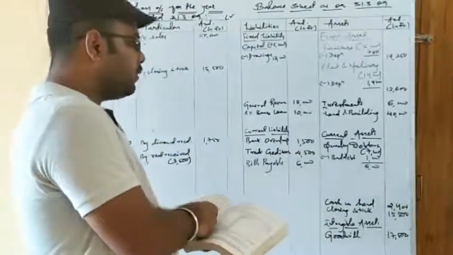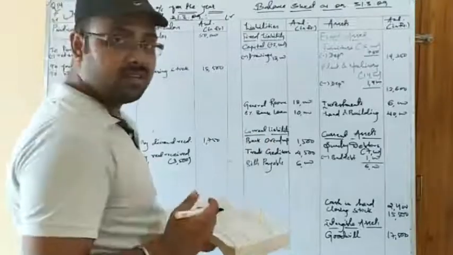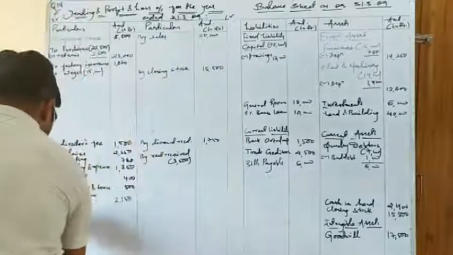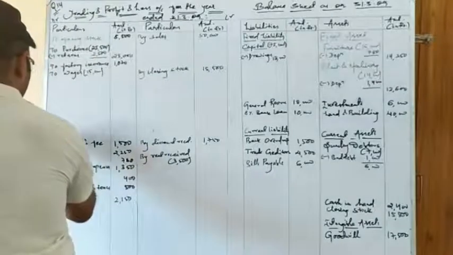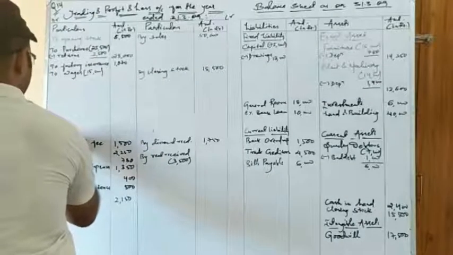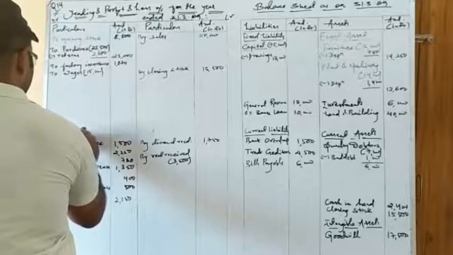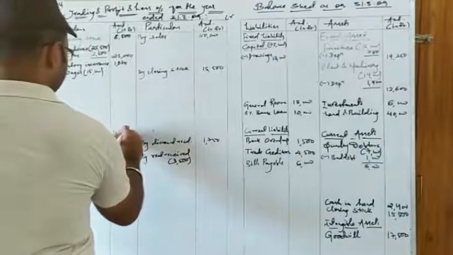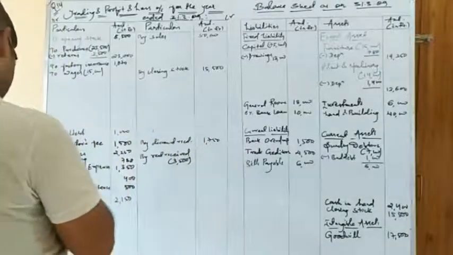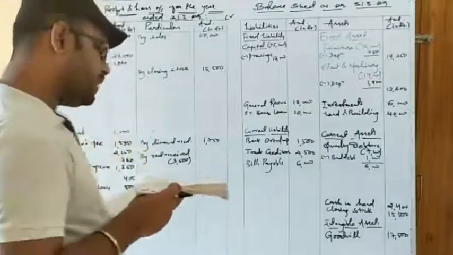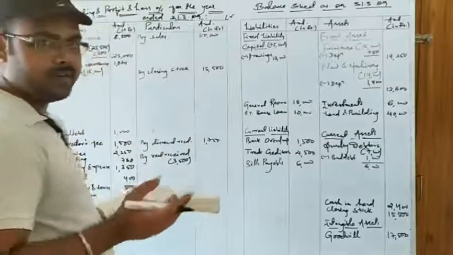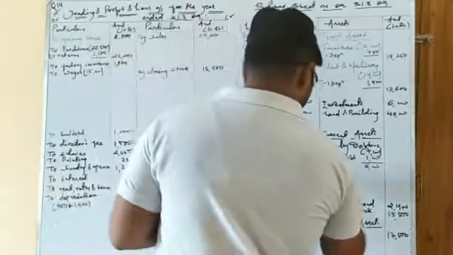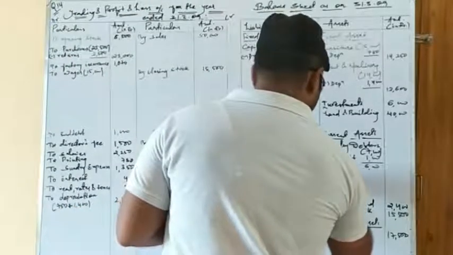See, I have deducted the value of bad debt here from the sundry debtors. Now I will post the value of bad debt on the debit side of the profit and loss account. So let us write here, to bad debt. The value of bad debt is 1,000. Then the next adjustment is the same: create a provision for doubtful debt, 5% of debtors. So the treatment is the same, but the value will definitely be different.